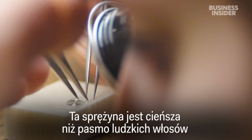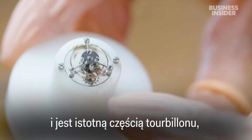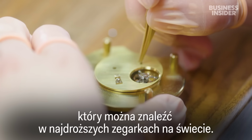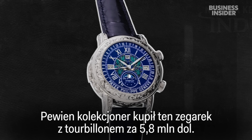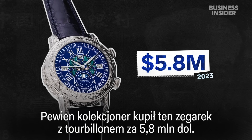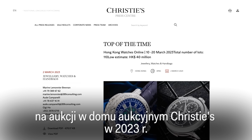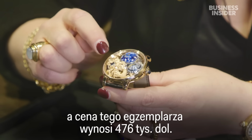This spring is finer than a strand of human hair, and it's a vital part of the tourbillon mechanism found in the most expensive watches in the world. A collector bought this tourbillon watch for $5.8 million at a Christie's auction in 2023. The complications in this watch is quite extraordinary, and this piece is